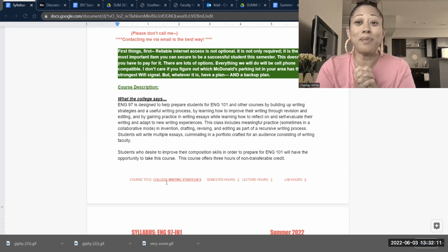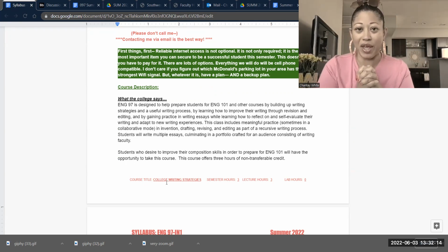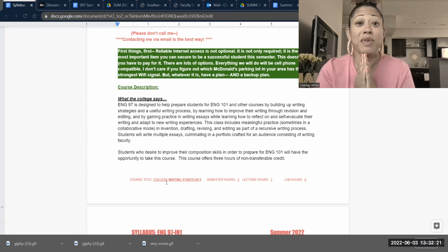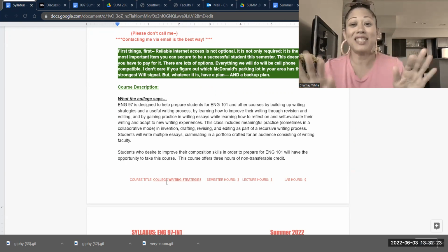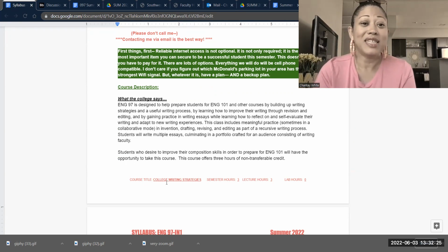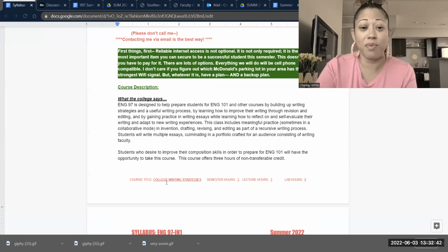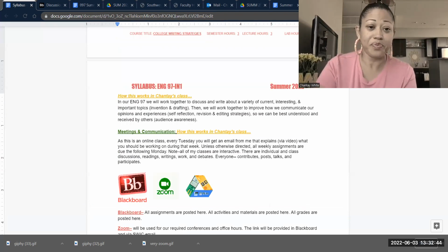With that said, the overview of this class is that it's about learning how to write. So most of you have had many English classes at this point. The point of this class is to kind of refresh your memory on what works, or learn what works if you haven't before, for you as a writer. Not just in general, but what works for you, to kind of unlearn any bad habits that you have so that you're prepared and you feel confident moving forward into your upcoming college classes and whatever writing assignments you may be given there. So we're going to work with tips and strategies and practice so that you have all of those tools in your bag when you're ready to move forward.